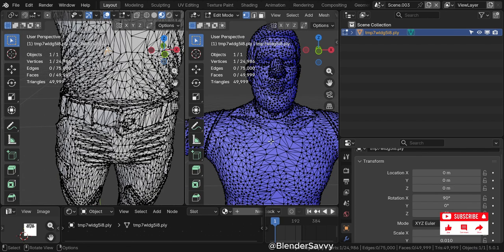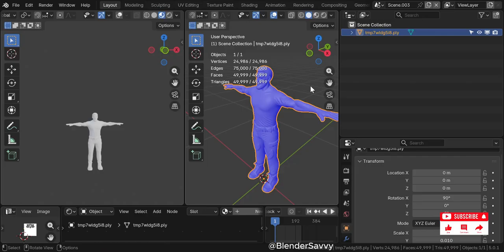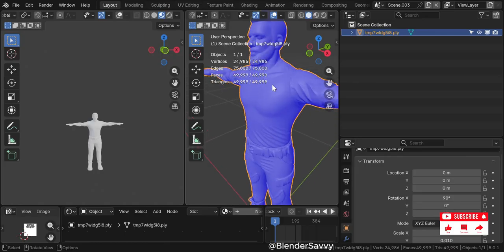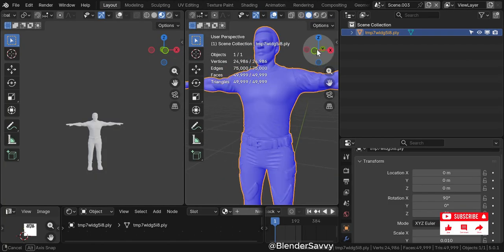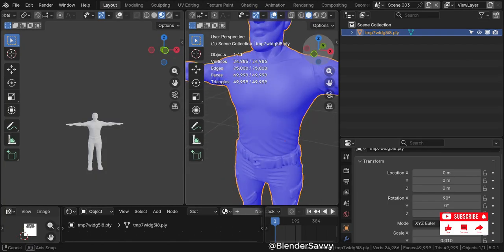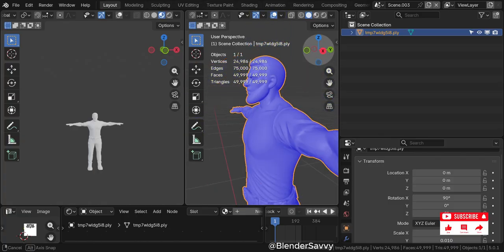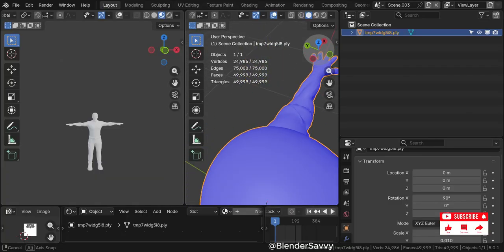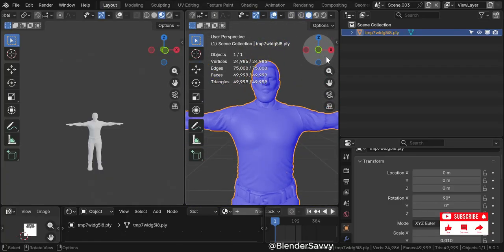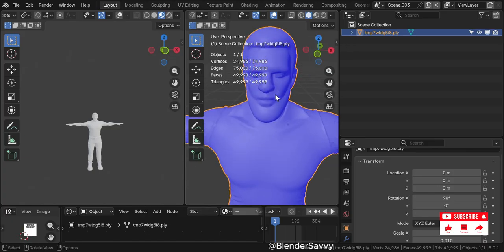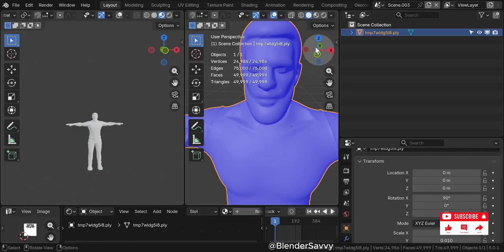So I've imported this model. I'm just showing you the overview of what it entails. I split my screen, so let's move on. The next thing I want to do, since I've imported into Blender, is to export it out of Blender, but as an OBJ file. That is what the application Instant Mesh works with. I will drop the link for download. You can just Google it and find it, but I will drop the link to make it easier. That is what you are going to need for this